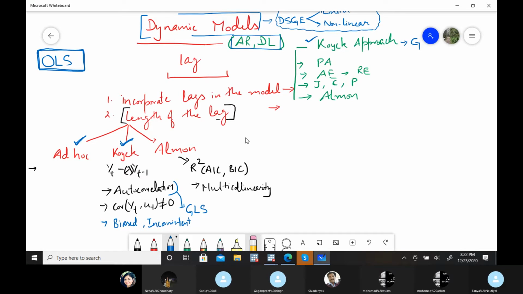Nowadays it's done with software, so it's just a matter of minutes and seconds; you just write the command. But let's suppose you are doing it manually, so don't put all the energy there. Save some energy for the basic background of that model. And that's where we are lacking. In all the vivas and interviews, what I have felt is that the basics are somewhere missing. We know the estimations because we always put all the effort in this part, not the background part.